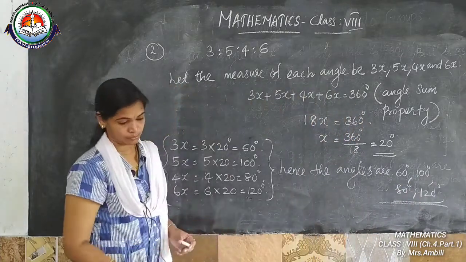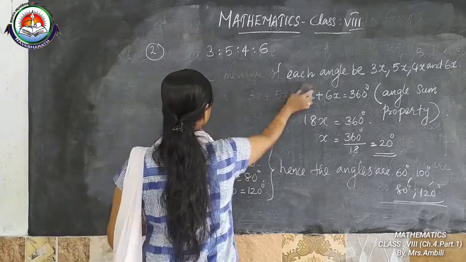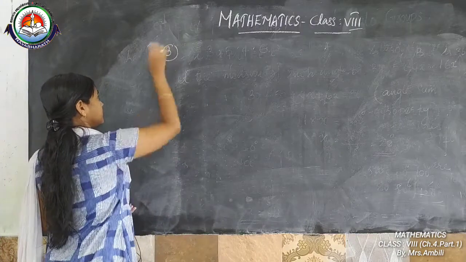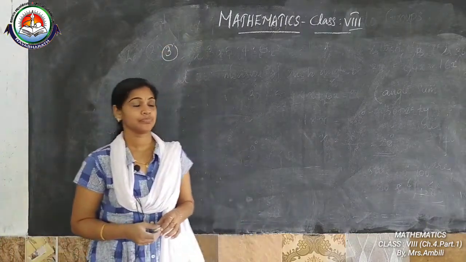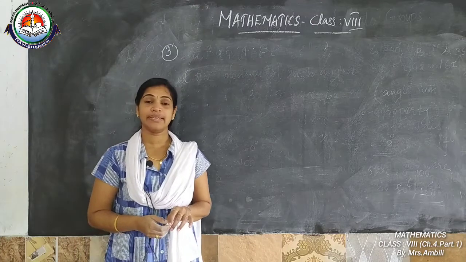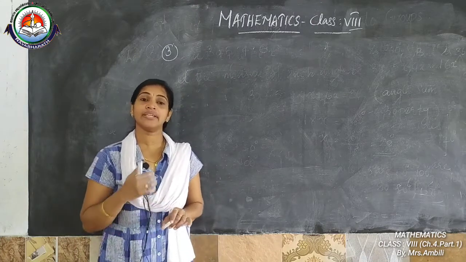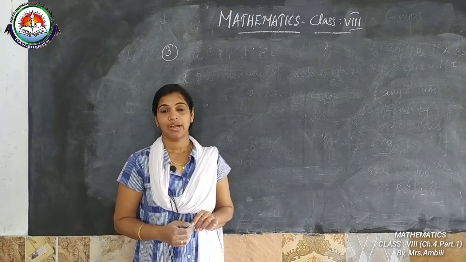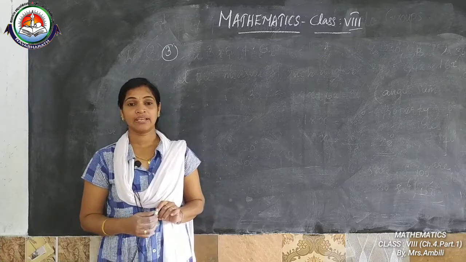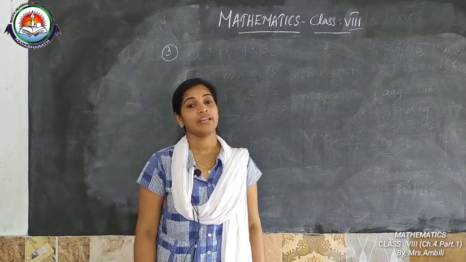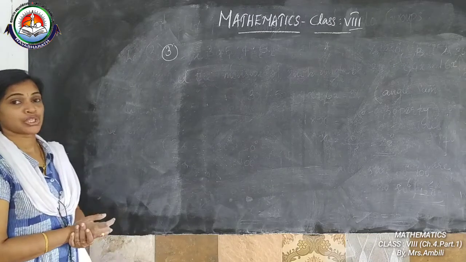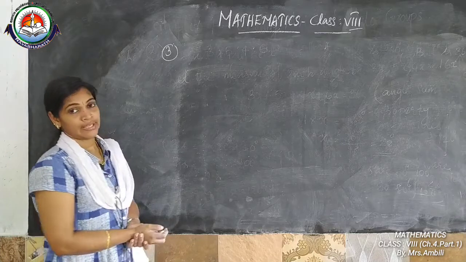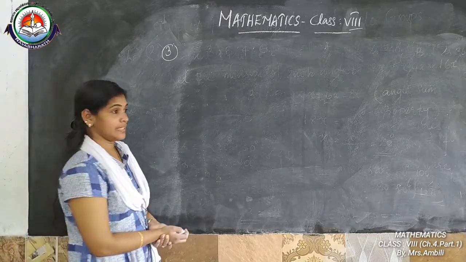Try the third question. One more question we can do. Okay. So our third question: find the measure of each exterior angle and each interior angle of a regular octagon. Find the measure of each interior angle and each exterior angle of a regular octagon. We can find out the measure of exterior angle. Okay. So we know that the sum of interior angles